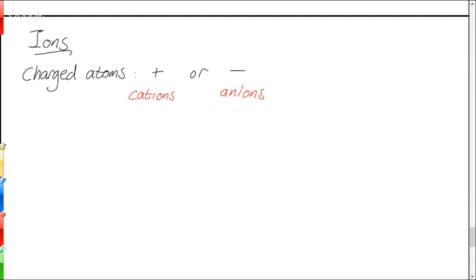So let's say you have a sodium atom, and then you have a positively charged sodium cation. What's the difference in those two particles? Yeah, so it has to do with the balance of electrons and protons in the atom. In a neutral atom, you always have as many electrons as you have protons, so the positive and the negative cancel each other out, and you have a zero, you have neutral. In an ion, that's not the case. You have different numbers of protons and electrons.